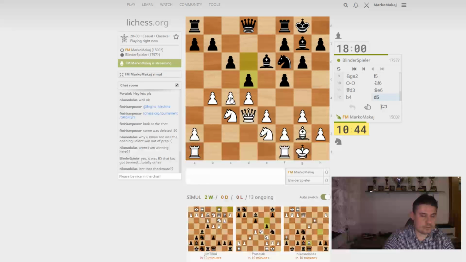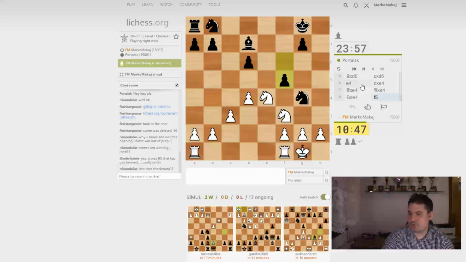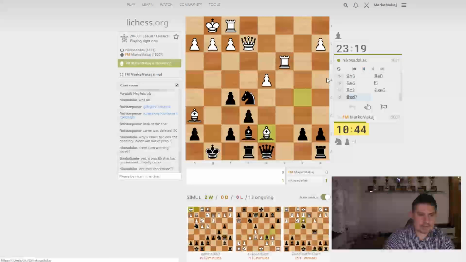And here I would like to take on d5, rook c1, then h5 as I mentioned, so my idea is to create a straightforward attack on the king side. Bishop goes on d7, okay, now I can maybe go for...